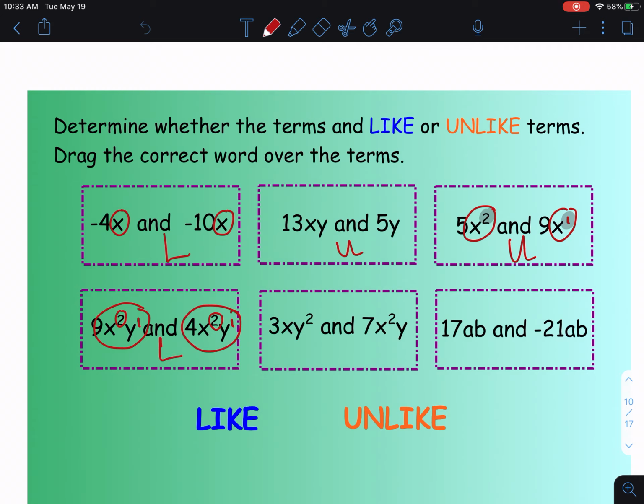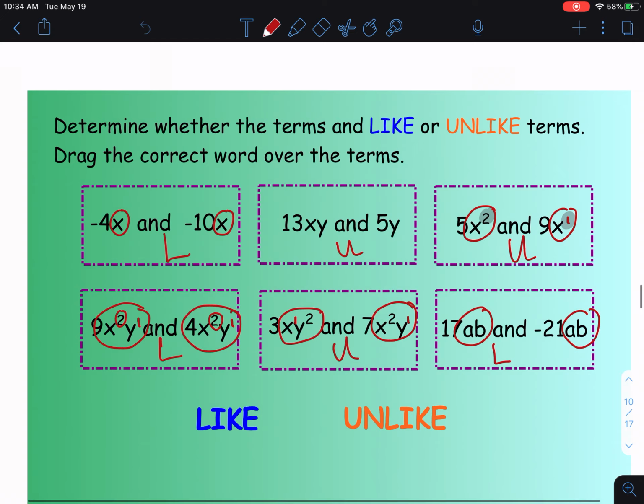Next box, we have 3xy squared and 7x squared y. So we're going to put our invisible ones there just so you can see. So we have x to the 1 power right here, and we have x to the 2 power, and already I see that they're unlike, so I'm not going to go further. I'm going to do a u. Last one, we have 17ab and negative 21ab, and they both only have an a and a b, so yes,